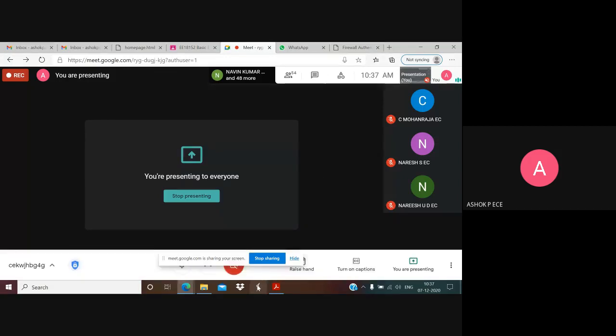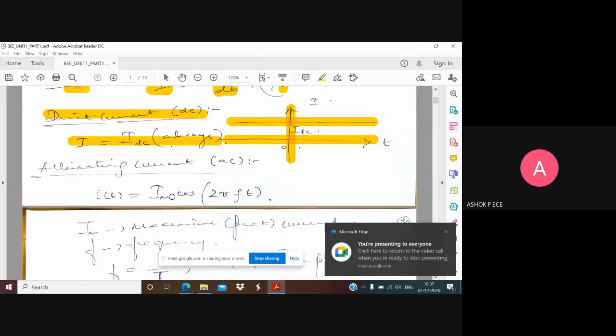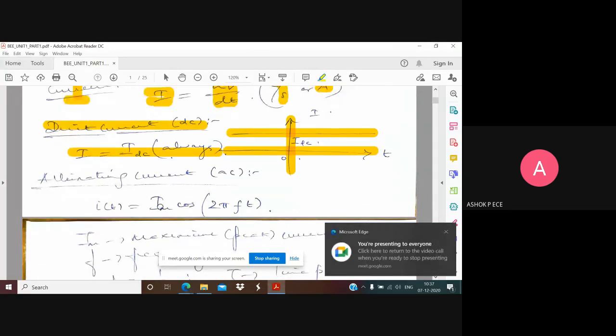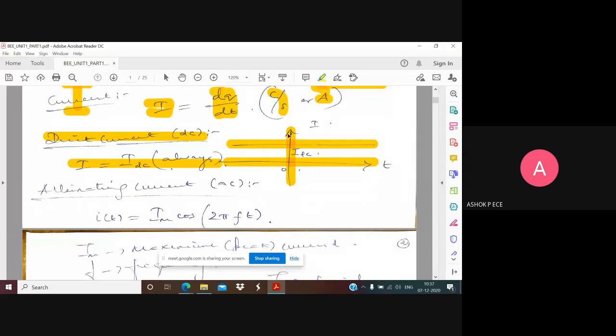In the same way, all the AC circuits have this component called frequency. Frequency is the repeating or repetitive nature. In DC, nothing is repeating, so I can say that the frequency of DC is going to be 0. Remember, in any circuit, if you are going to perform DC analysis, I'm going to make the frequency 0. The circuit is independent of frequency. For all the frequencies or for all the time, the value of current or voltage is going to be constant.